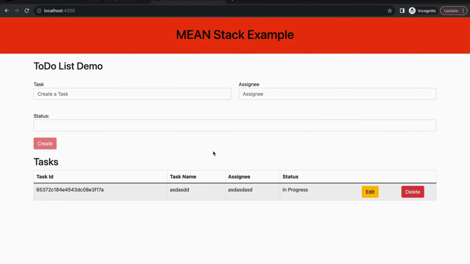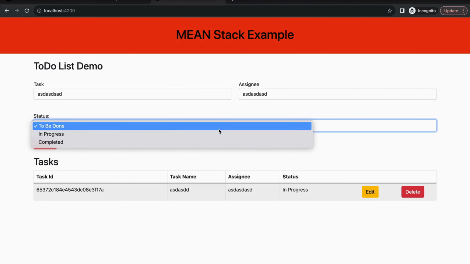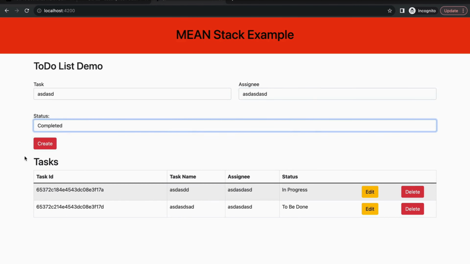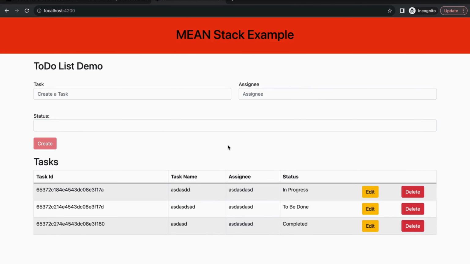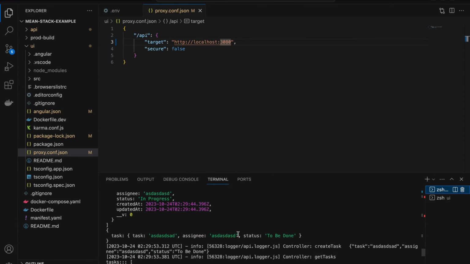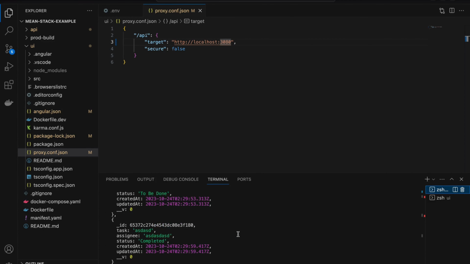Now we can see the task listed. So now both the front end and back end are working together and we're able to create tasks here. Let's create one more. Yeah, this is great. Now both the front end and back end are working together and we can actually see all the details are saved into the database as well, and our MongoDB instance is also working fine